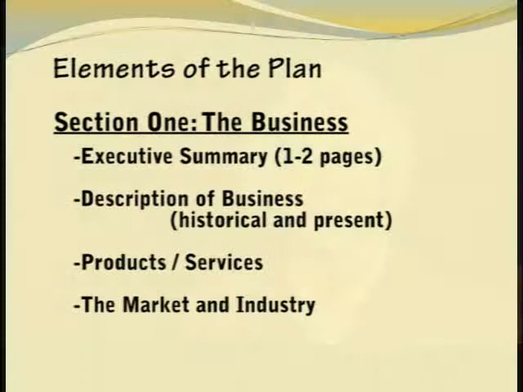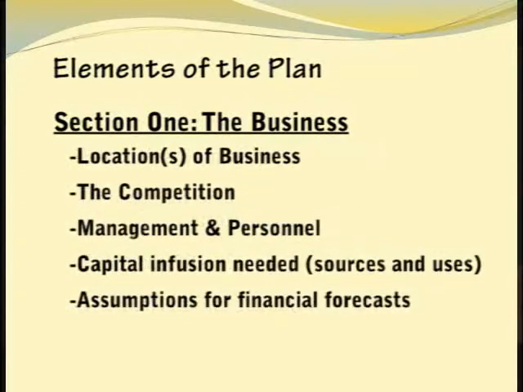Okay, Jody, well, this seems to make pretty good common sense. So what does a completed plan include when we're talking about all of the elements involved? Well, a basic outline would include Section 1, the business, the executive summary, about 1 to 2 pages. It will include the description of the business, historical and present, products and services, the market and the industry, the location or locations of the business, the competition, the management and personnel, the capital infusion needed, source and use, and